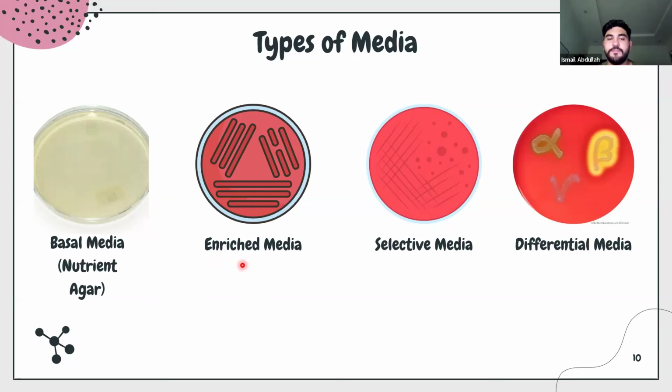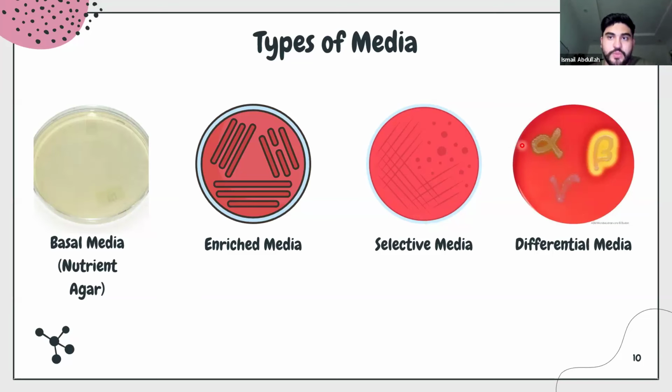Everything's good so far? So now we move to the selective media. When we say selective in microbiology, we mean that only one organism is going to be able to grow on this media. When I say one organism, I mean one species of organism is going to be able to grow on a selective media. And the rest are going to die. It's not allowed. It's just one only. While in differential media, multiple organisms can grow, okay, but